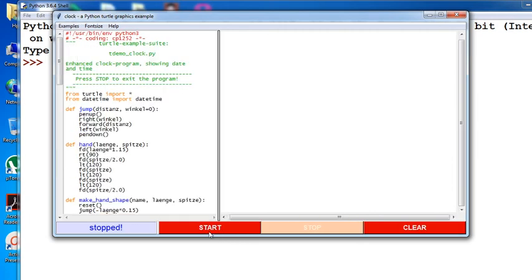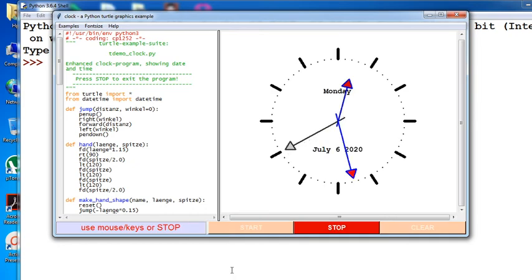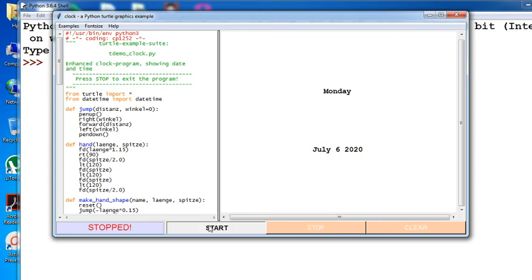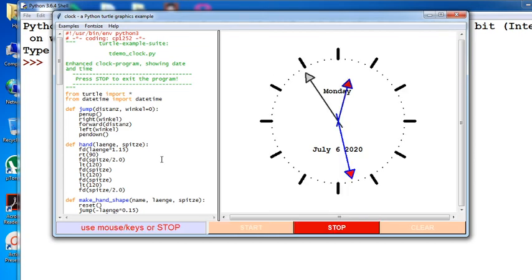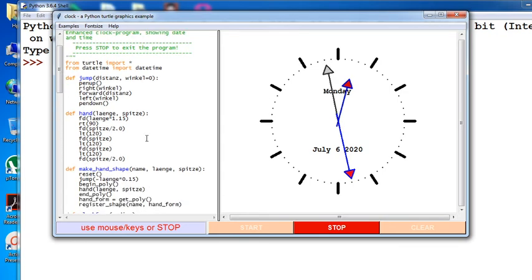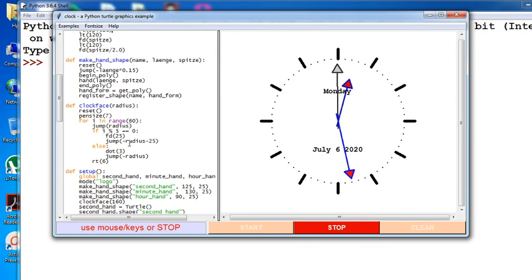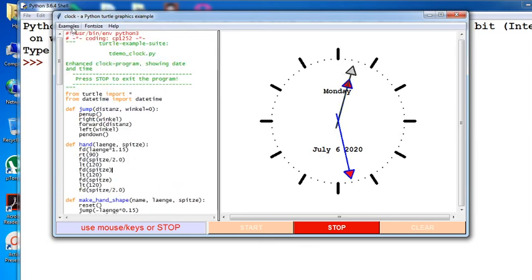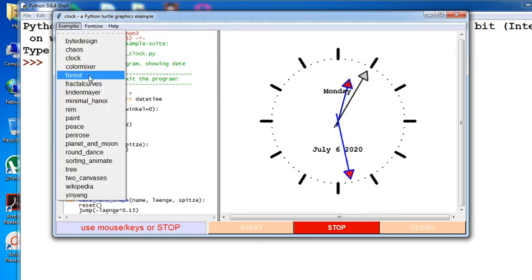If you want to create a clock, see, whatever your current time is, 12:27 p.m., it shows automatically 12:27 here, Monday, 6 July. It automatically takes the current system time and date and shows it digitally. You stop the stopwatch by clicking stop, then start again and it shows regular time. That means you study this highlighted code and you will be creating such a type of project. Next example you will see here is forest.